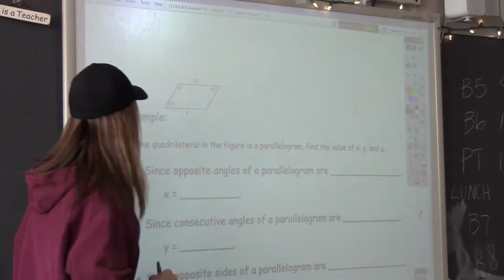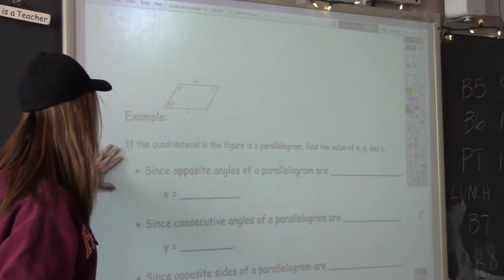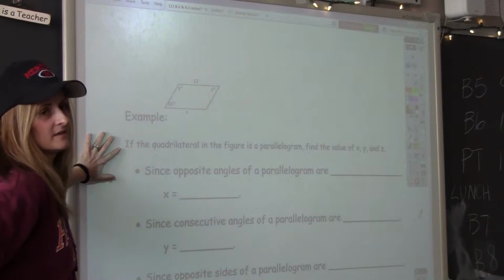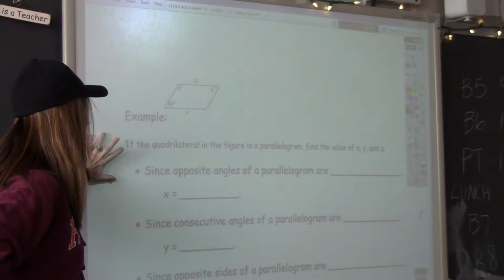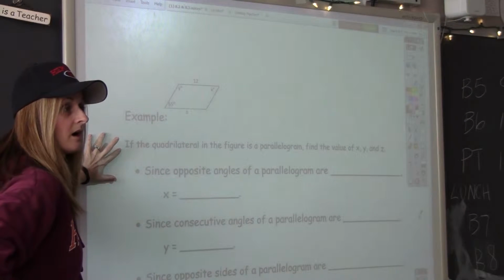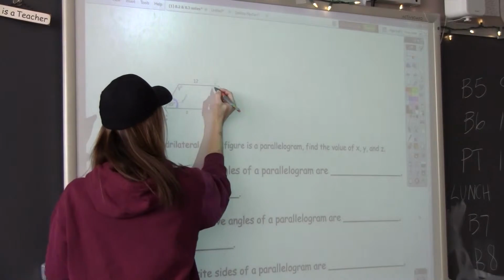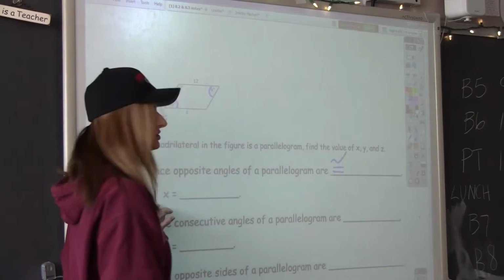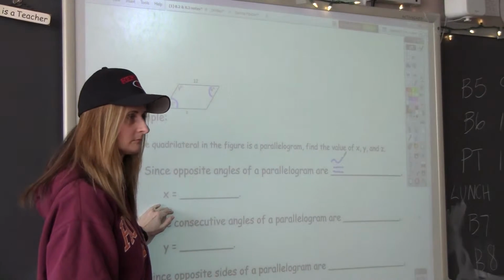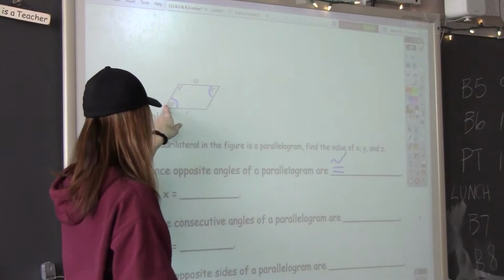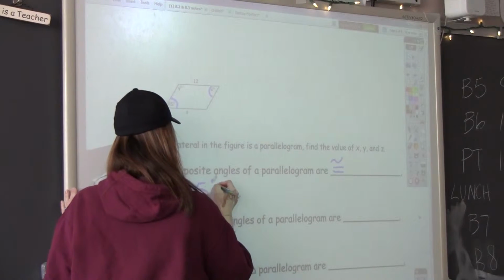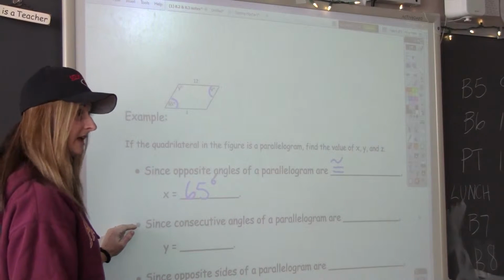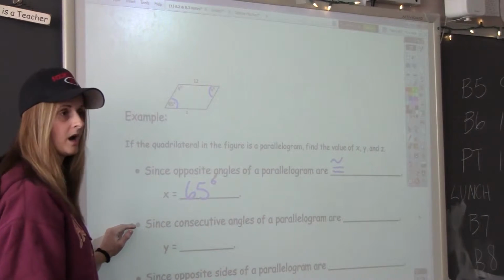Okay. Okay, example. Try these examples. If the quadrilateral in the figure is a parallelogram, find the value of x, y, and z. All right, since opposite angles of a parallelogram are congruent, x should equal 65. 45 degrees, excellent. Since consecutive angles of a parallelogram are